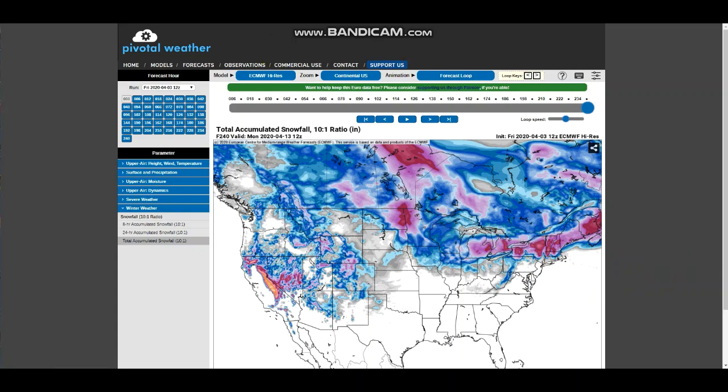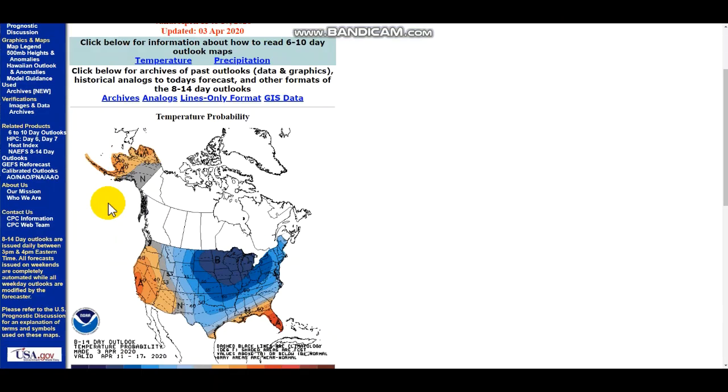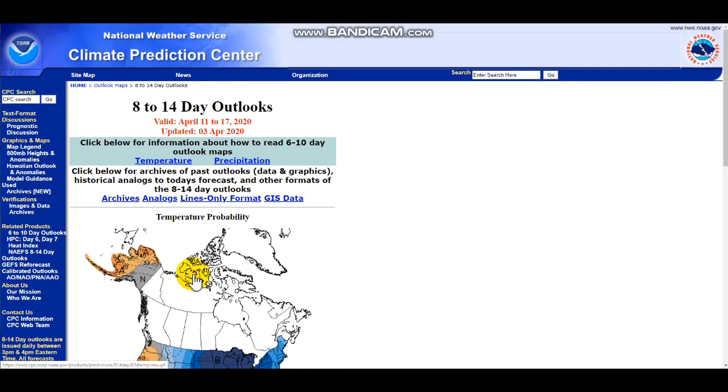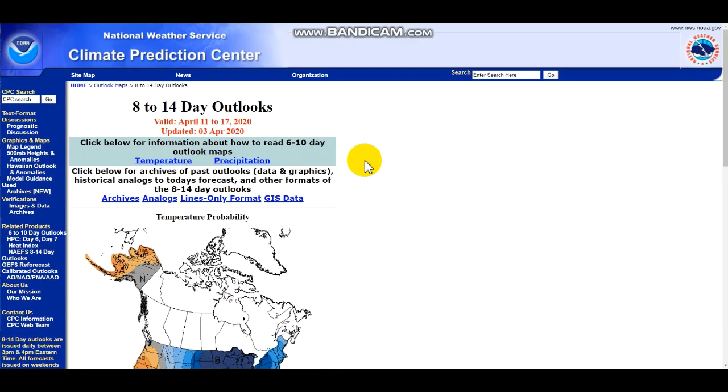And let's look at the 6 to 10 day outlook. You could see cooler than average temperatures from the 9th to the 13th, a little bit above across the south. And then 8 to 14 is just all hell breaking loose. You could see very confident below average temperatures, and 11 through the 17th. So just not good news at all. And it's just very, very cold air for the United States in April, which is probably the worst, as you know, we've had a warm winter, now we're going to have a cold spring.